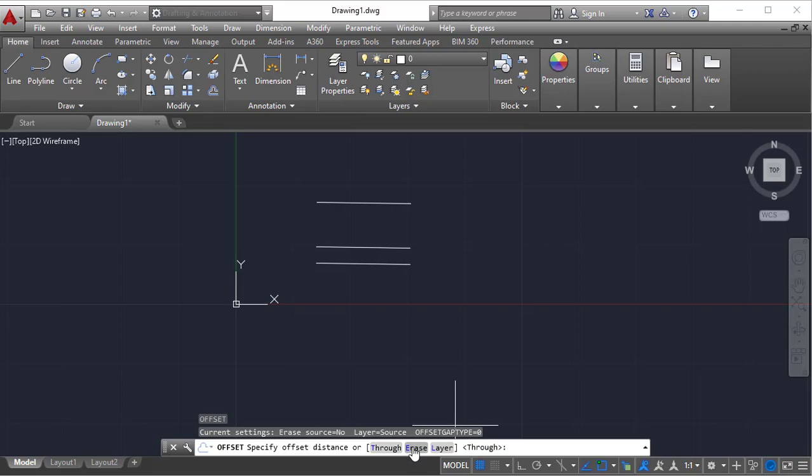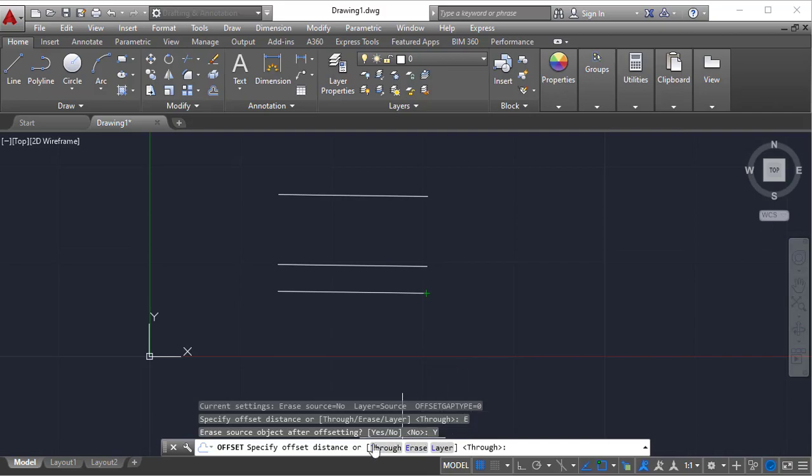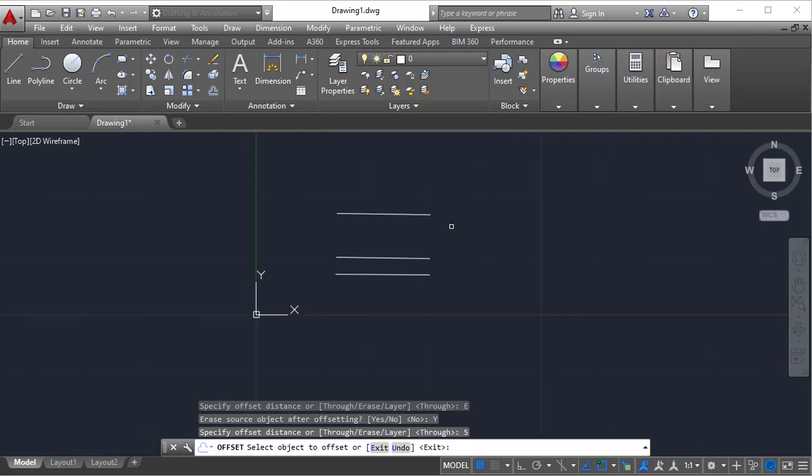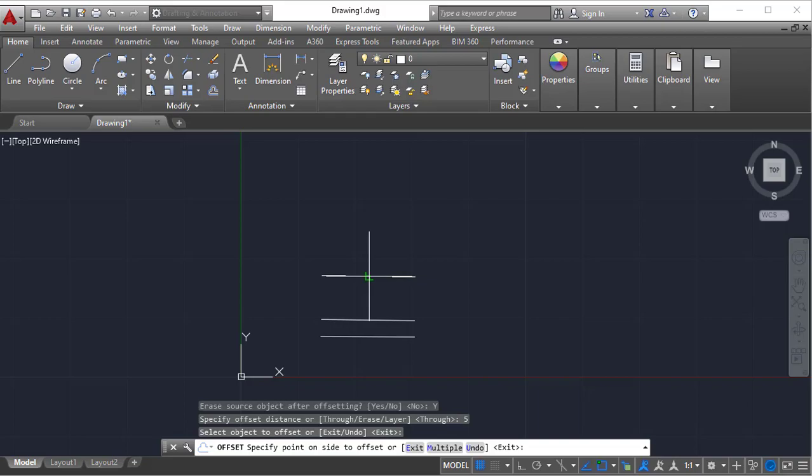Next one, Erase. If you click on Erase, it asks: erase the source object after offsetting, yes or no. Default No will be selected. If you click on Yes, try to observe here. Again it is asking for distance, somewhere I am clicking like 5. I am selecting this object for offset and showing the direction.